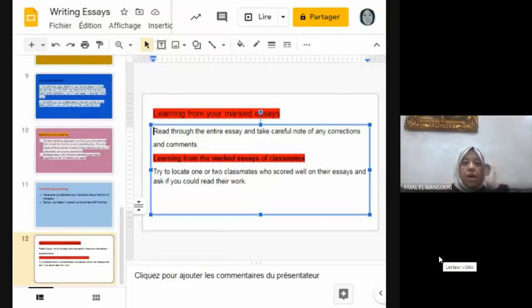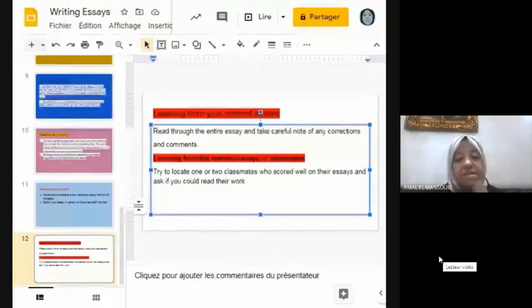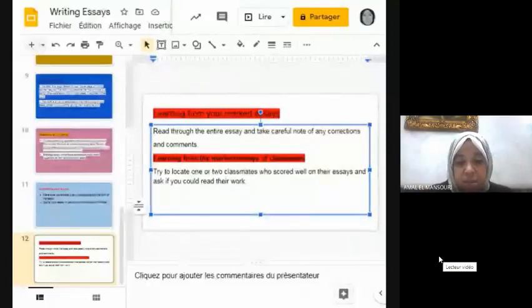So when you write an essay or a paragraph and give it to your instructor to correct, then on the day of the correction you have to pay attention to any comment, to anything that your tutor has corrected for you. You should learn from your mistakes.